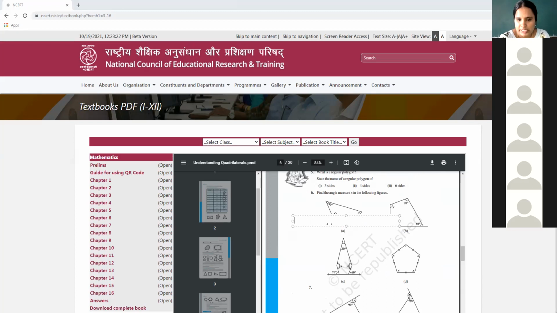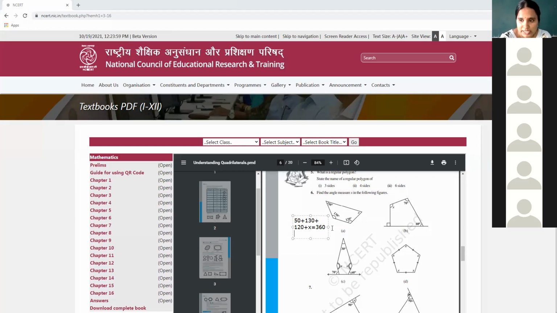So as you all can see, we have already discussed that the sum of the angles of the quadrilateral is always 360 degrees, right? So in this figure, we have been given some angles, that is 50 and 130, 120 and one unknown angle which is equal to x. And total sum will always be equal to 360, isn't it? So now we have to find the sum of all these angles.